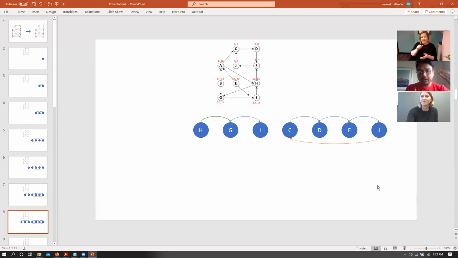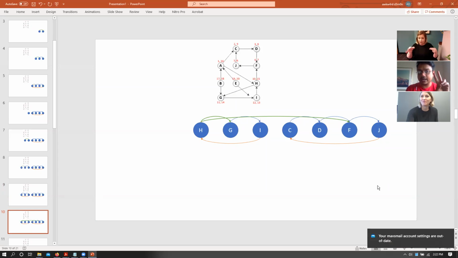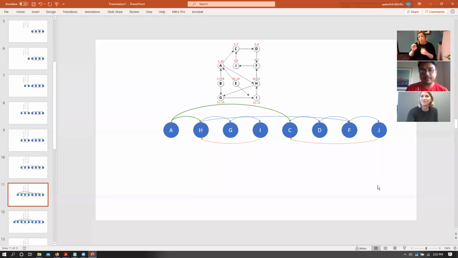But let's move forward. Now, the moment we have I, we see that there is a back edge from I to H, and there is a forward edge from H to F. So this connects the two trees, but the important part is that we have another back edge from I to H. So this shows us that there are at least two cycles in this particular graph. Then we have A, that is the last post visit number for this subgraph, and that connects this entire ordering.